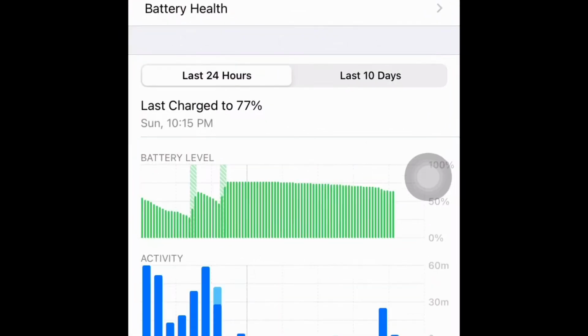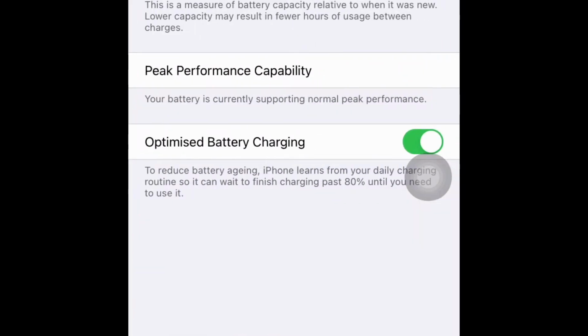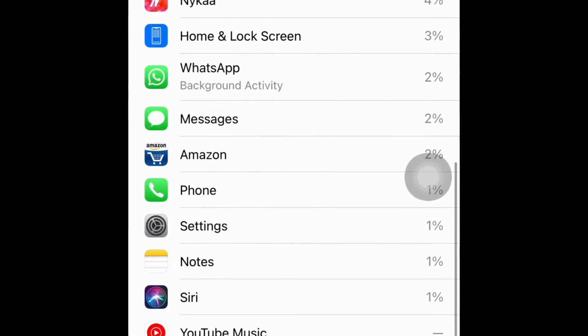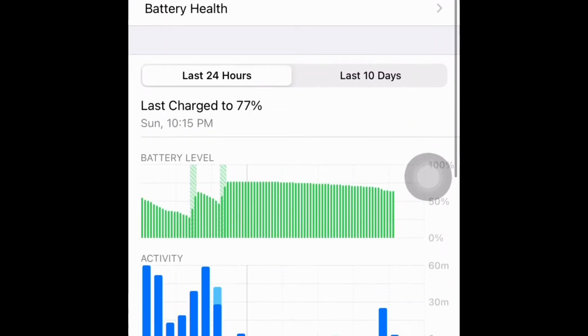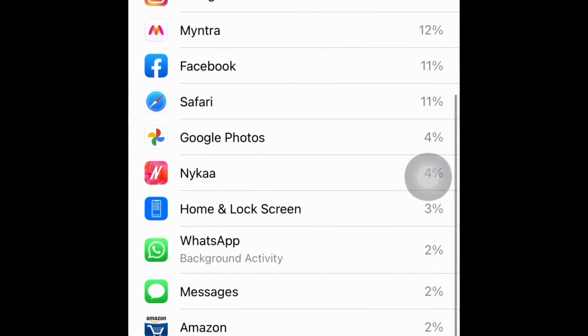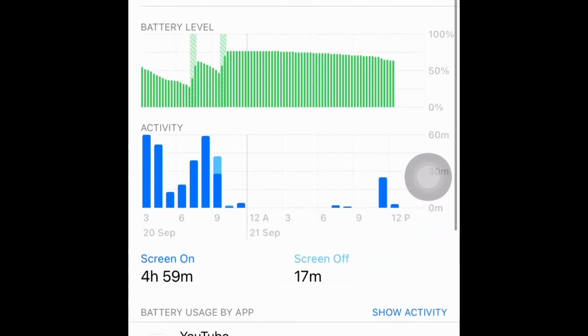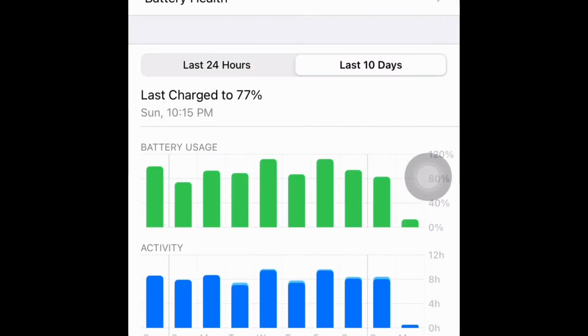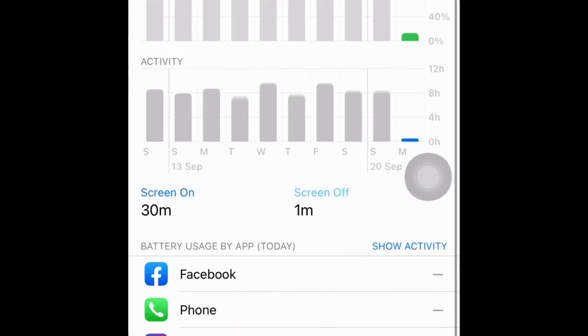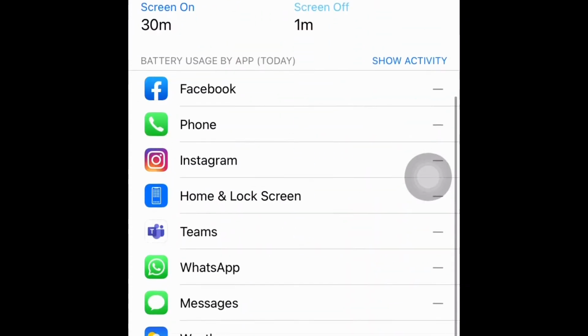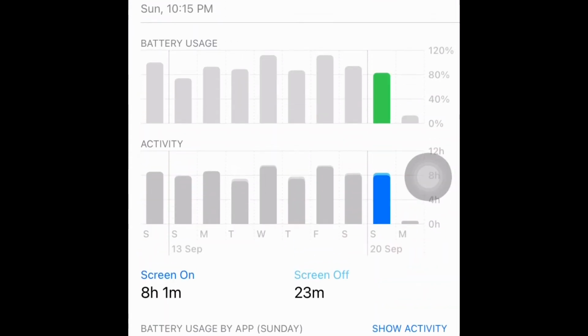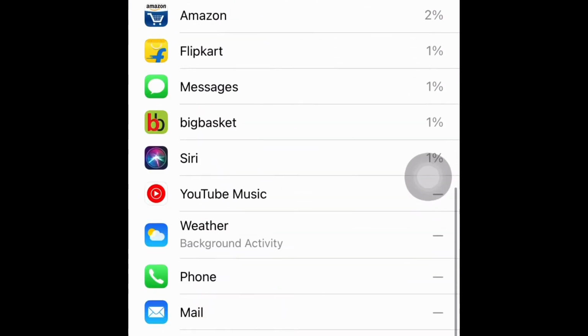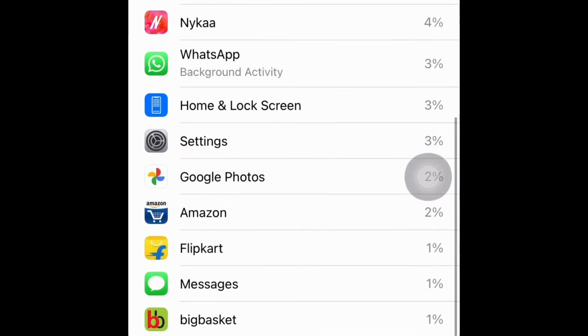Hey friends, iOS 14 has been out for a while now. We all know that there are lots of new features and customization we are getting in this iOS 14 update. Major changes include the home screen and privacy. Finally you can customize your home screen to some extent. If you noticed, in iOS 14 the battery backup seems to be less than the last iOS 13.7 update.